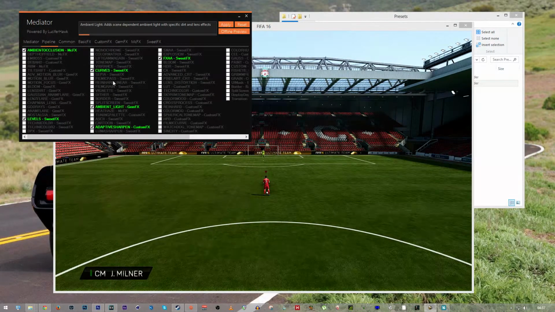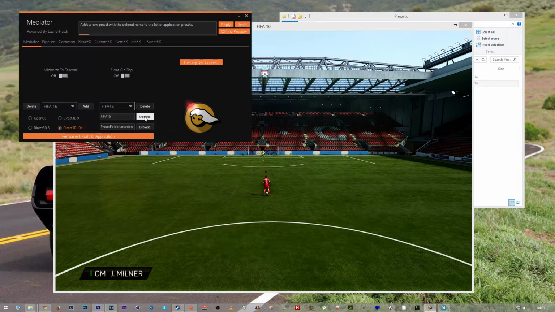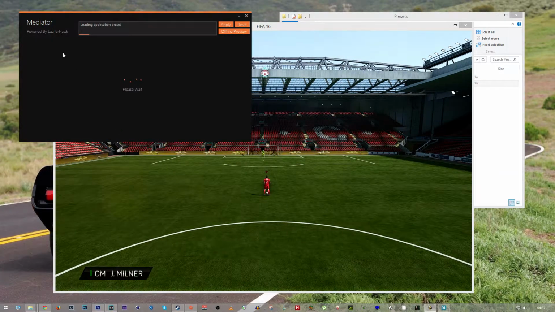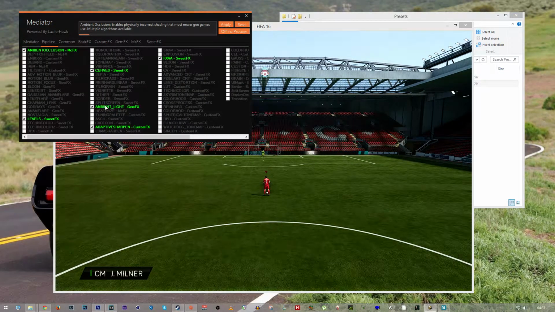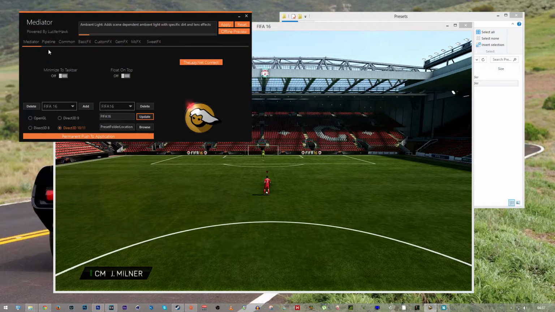So here you see I'll toggle them again, I'll hit apply. Now this time I won't actually choose anything, I'll just hit update, and then if we come back to the pipeline and manually select the new updated FIFA profile, we should see them toggled on in the pipeline. So there's ambient light and ambient occlusion. So that pretty much